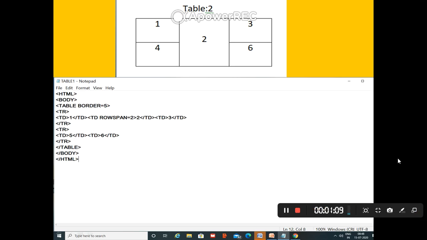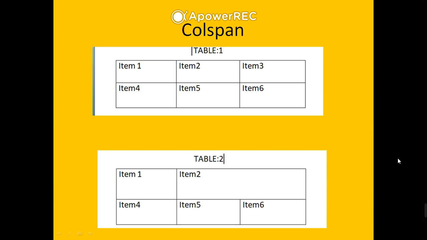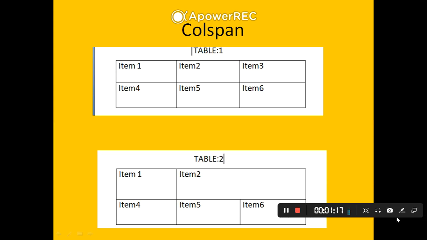Now we are going to see the column span. What is a column span? Like the row span, we first have to understand what the column span is. In table 1 we can see 2 rows and 3 columns. Now in table 2, I have changed it. The first column is in the first row. After that the second column will take the space of 2 columns. See just under item 2, there are 2 columns. So it will take the space of 2 columns, and in the next row it will be as usual.